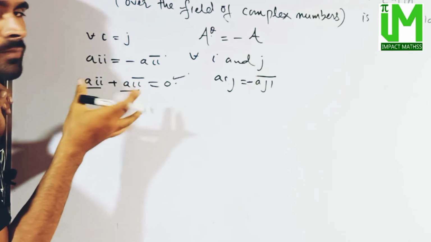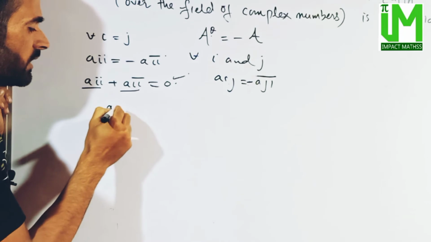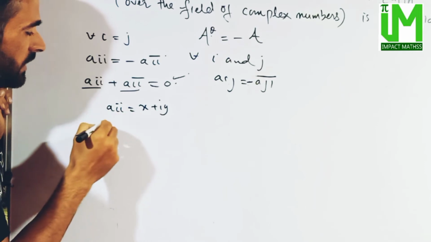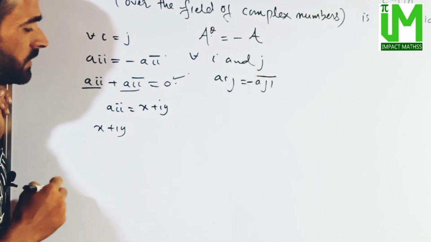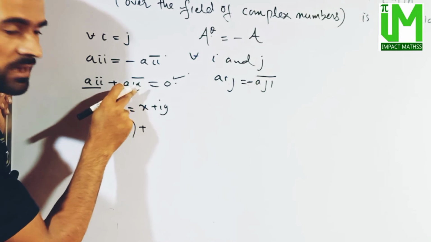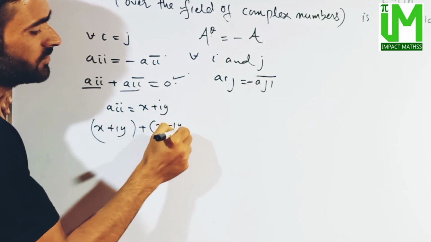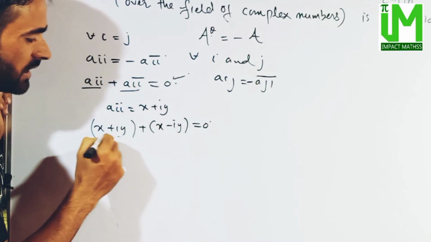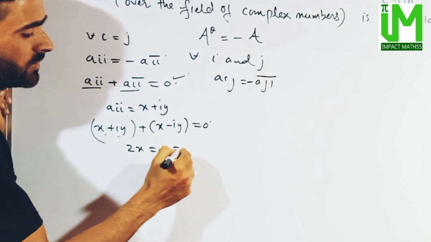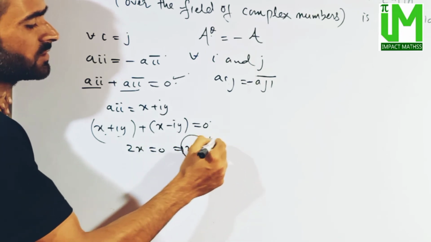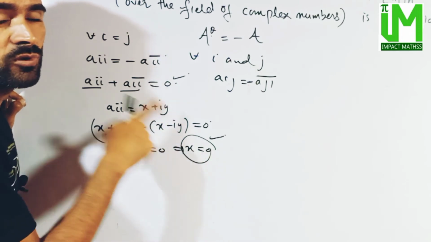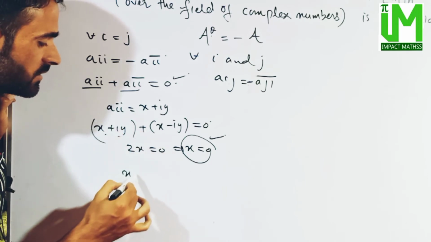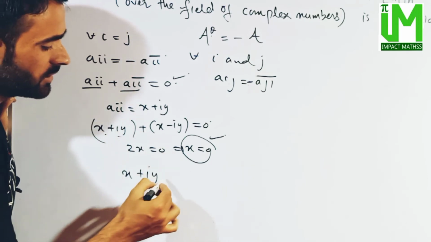अगर aii का जनरल में अगर हम पहले चेक करें, aii का वैल्यू x plus iota y लें, then in that case we have x plus iota y प्लस इसका बार x plus iota y का बार, यानी वो होगा x minus iota y is equal to 0, iota y कैंसिल होगा, so that means x plus x, 2x is equal to 0, which means x is equal to 0, यानी रियल पार्ट 0 के बराबर होगा। अब अगर रियल पार्ट 0 के बराबर होगा, इन दैट केस हमारे पास बचा x plus iota y है हमारे पास।